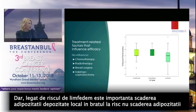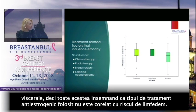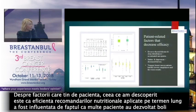But related to the lymphedema risk, what is important is the local fat deposited in the arm at risk, not visceral fat loss. So all this is not related to the type of the antiestrogenic treatment, and it is not related to the risk of lymphedema. About the patient-related factors, what we found is that the efficacy of our nutritional recommendation applied long-term was